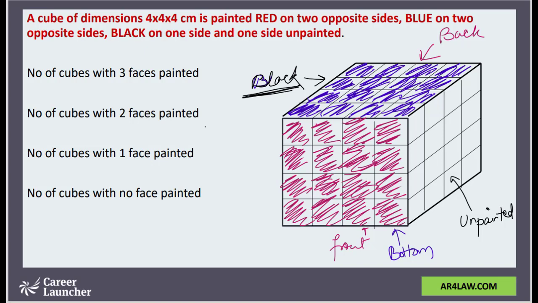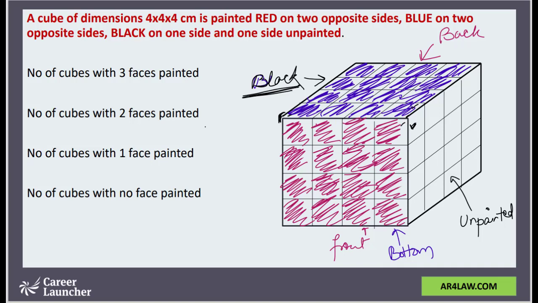So number of cubes with 3 faces painted, usually we know the answer happens to be 8 because it's standard. These are the cubes which are only found at the corners. But here it's going to be slightly different because we have kept one side unpainted. For this particular cube, the one that is at this corner, we have 2 faces painted. But this face of this particular cube is not being painted. So we cannot count this into the cubes which have 3 faces painted. Whereas the cube which is at this corner will have one face painted as red, the other face painted as blue, and the one that is not visible, that particular face is going to be painted black.